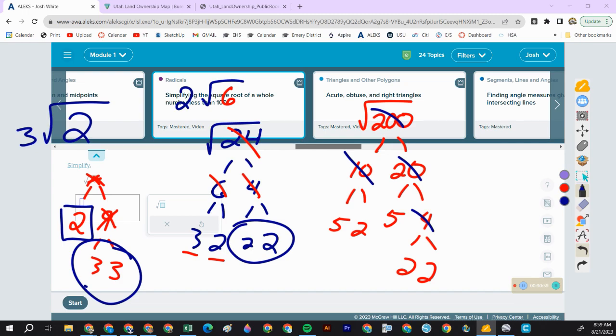What can I bring out? A set of 2's and a set of 5's. So what do we write in the front? A 10. 2 times 5. So 10. What did not come out? Just the 2. Now, hopefully you've seen that before, but I highly doubt that your teacher taught you why that